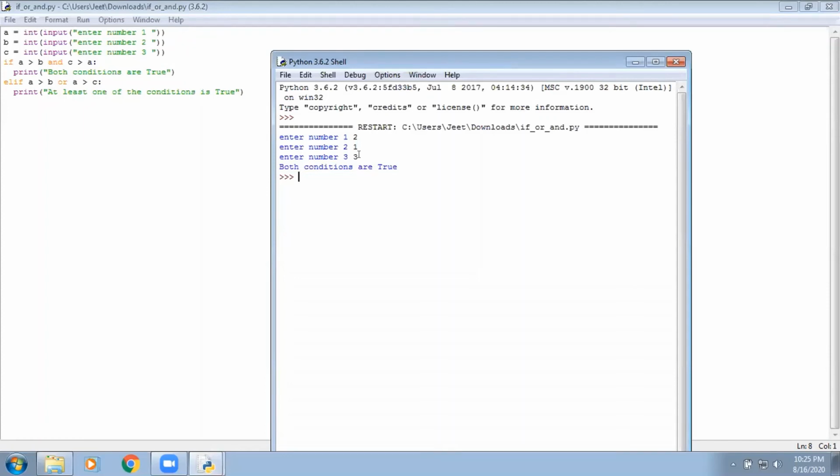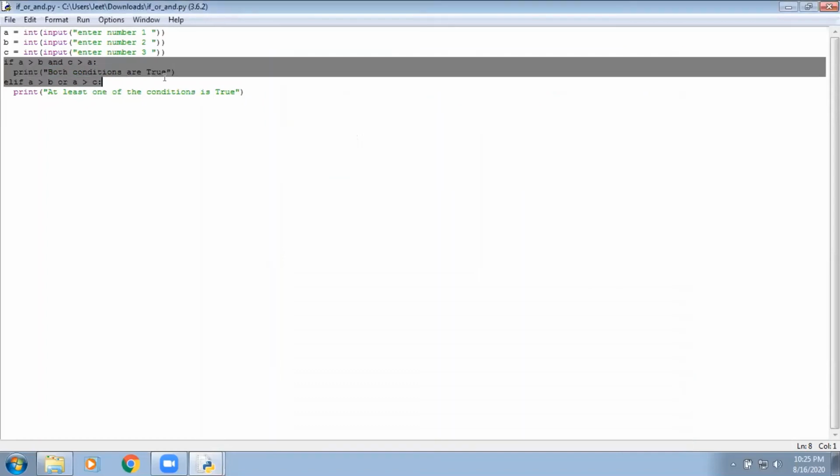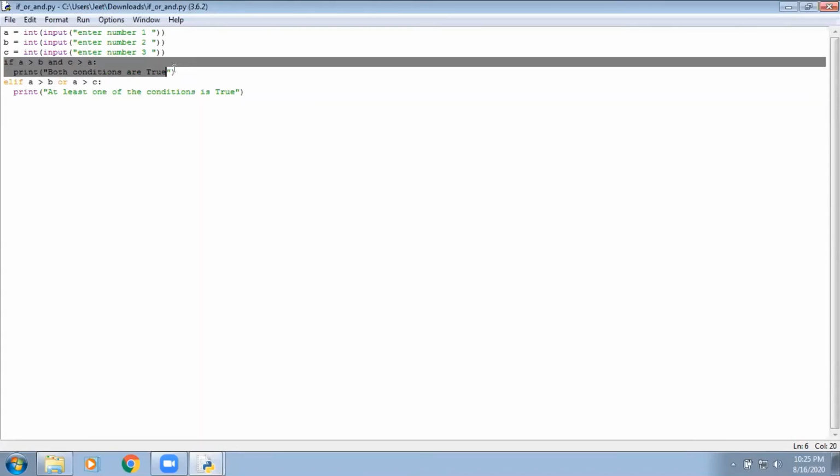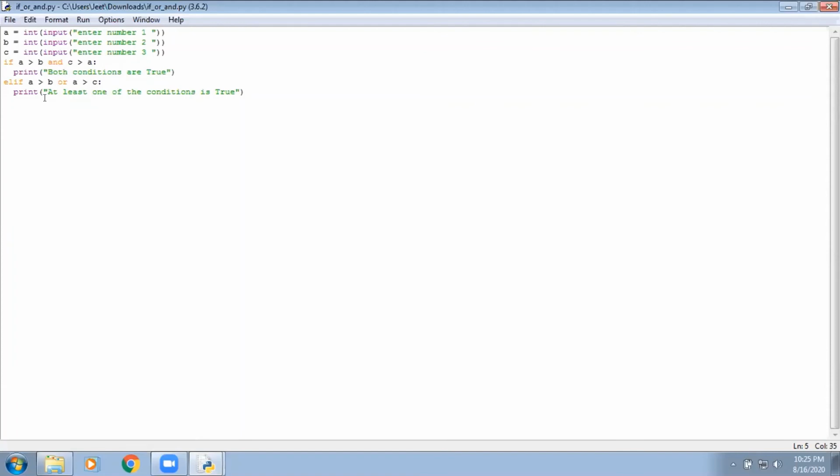Over here, a is greater than b and c is greater than a, so both these conditions are true. Therefore, the first if block comes out to be true, and that's why this print statement is being printed successfully. And if you had taken different values or this if condition had been false, it would have printed at least one of the conditions is true. So that was all about this program.